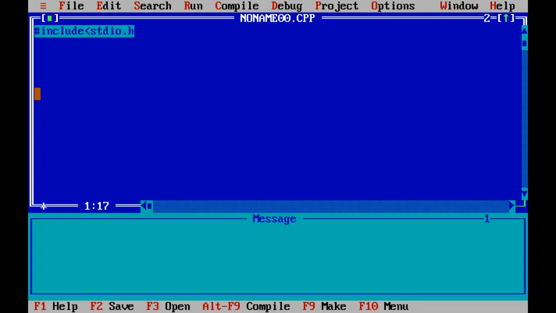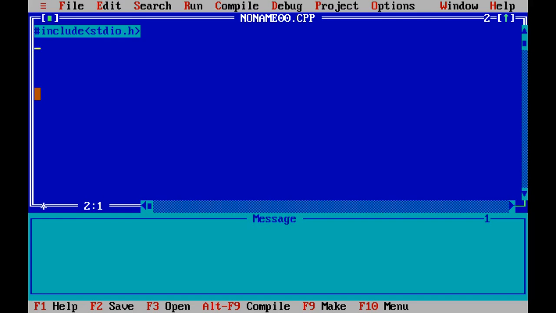So stdio means standard input output.h. In any program, when you are writing the program, obviously we need inputs and outputs to the program. So to tackle and handle that input and output, we need to have this particular file in your headers. Include hash includes stdio.h. This is almost common for all kinds of programs.